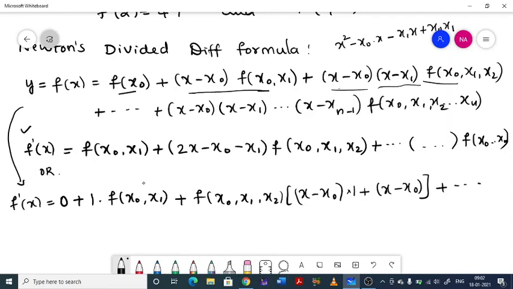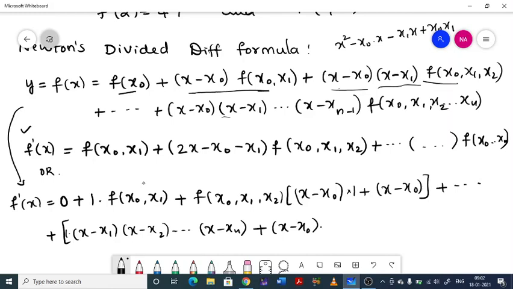So continuing this, for the final step, first you have to keep these remaining terms and differentiate x minus x naught, you will get x minus x1 into x minus x2 and so on, x minus xn, plus next term you have to differentiate the second term keeping other terms, so it will be x minus x naught into 1, then differentiate, x minus x2 and so on, x minus xn minus 1, xn minus 1.